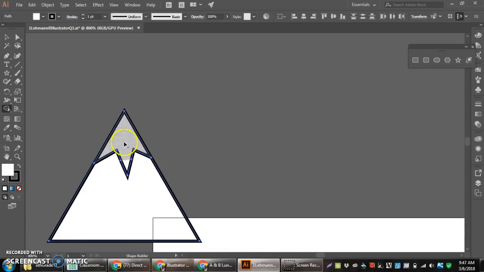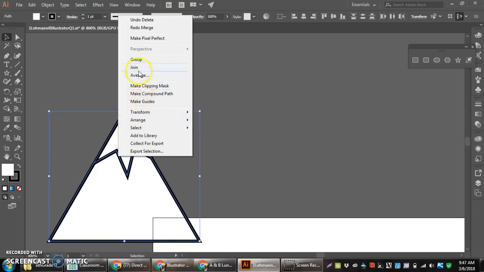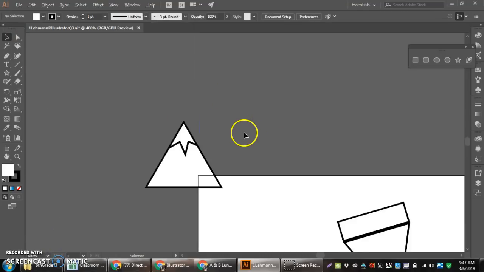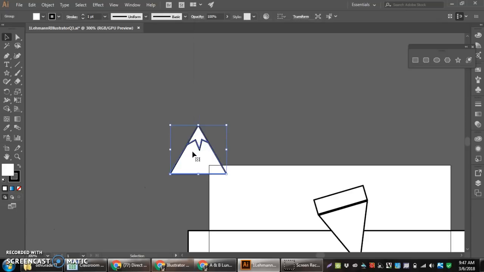Just closing those shapes. Edit, undo. Click and drag it through to make that one shape. Edit, undo. It's kind of being a pain, so I'm just going to select it, and I'm going to right click and group these two shapes. Now that I've done that, if I select, it selects everything, and I hold the Alt key to click and drag